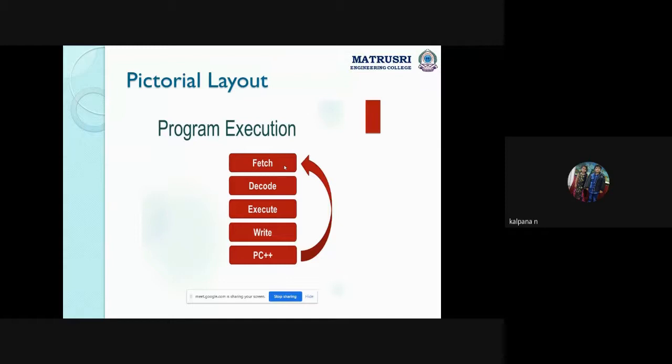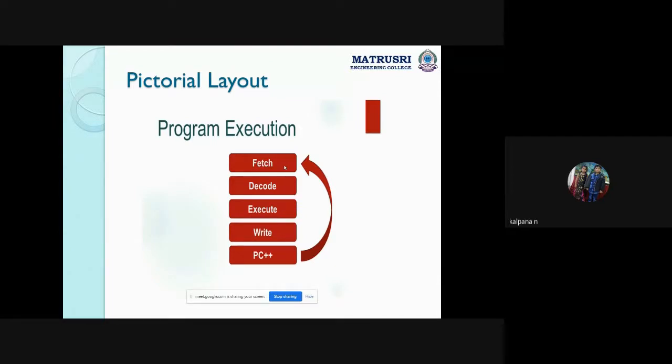What are the steps? First, we need to fetch the instruction. From where do we need to fetch the instruction? From the program counter. And after fetching the instruction, the processor has to decode the instruction. After decoding, it will execute. And after executing, it will display or write the results on the screen or across the output.